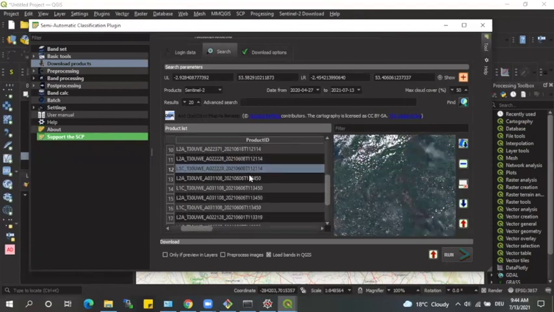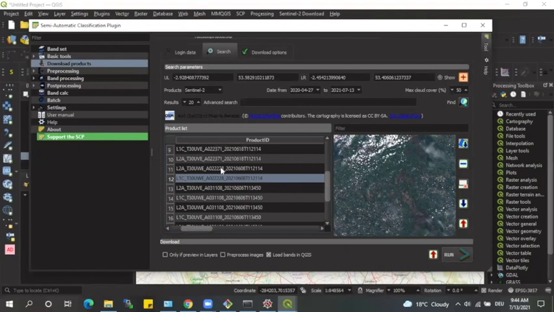So just to point out, and we will come to this later, the fact that cloud cover is a major issue in optical remote sensing, because you see that most of the data that we have are basically useless. But one thing that I want to point out also is the difference between the level 2A and the level 1C product. So for example, this is how level 2A looks like.